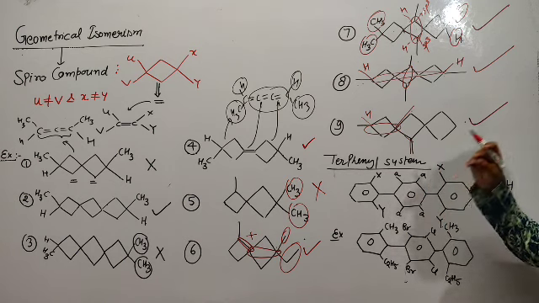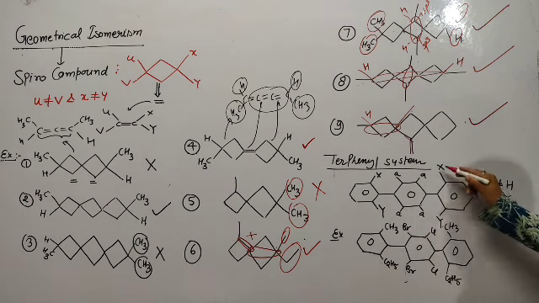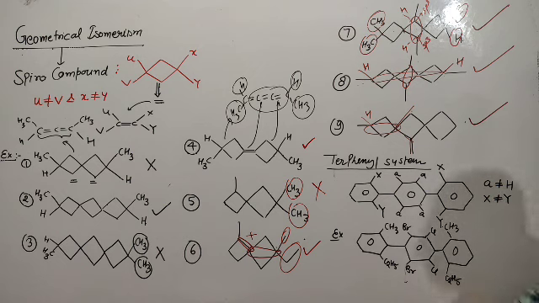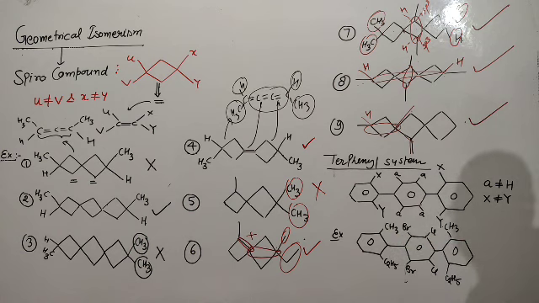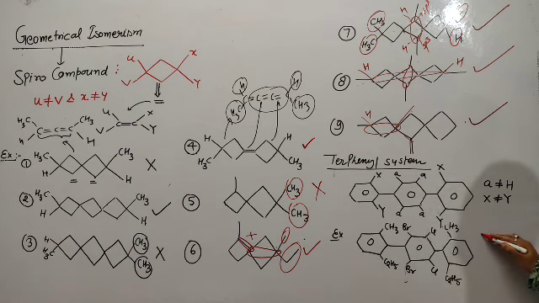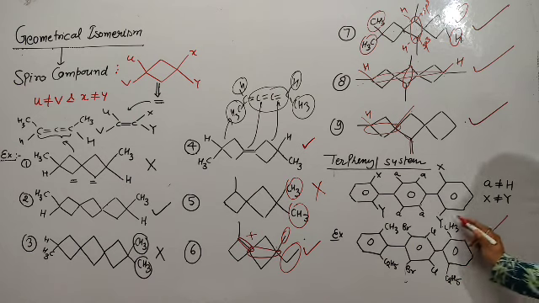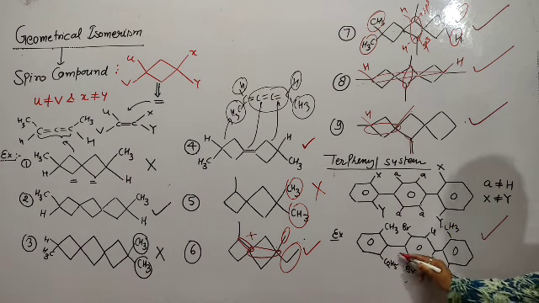So you can take all 4 the same, no issue. But here, student, please focus, these 2 groups must be different. These 2 groups must be different. Say for example, here CH3 and here ethyl, and here whatever, but not hydrogen, no issue. Come here, here CH3 and here C2H5. So these 2 groups are different, and the other 2 groups are also different. Okay. So this molecule shows GI 100%. This system is on the same side, so methyl and methyl, and here ethyl and ethyl.